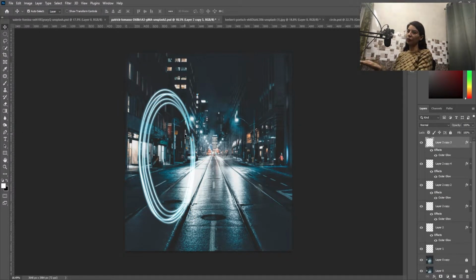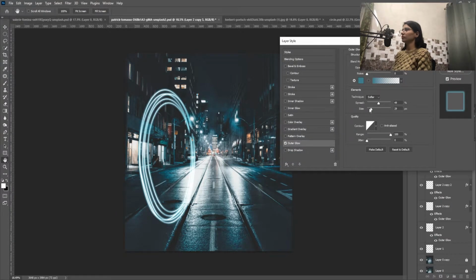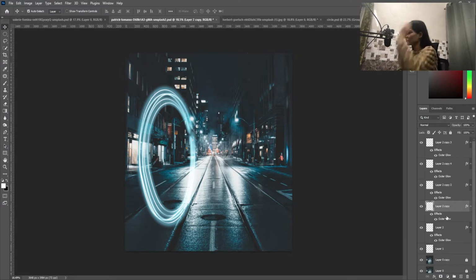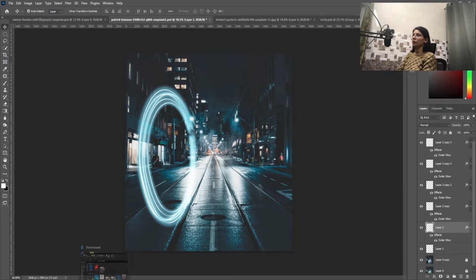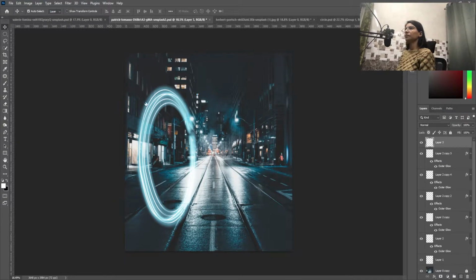Increase the outer glow in all layers. Like this. And then hit OK. Create a new layer.